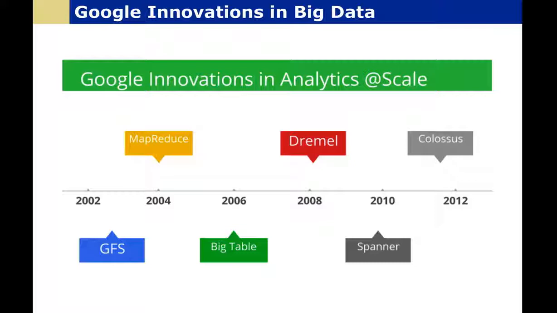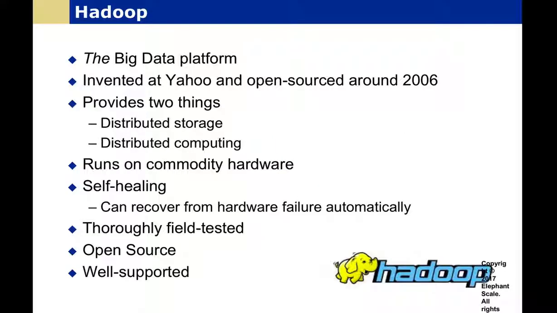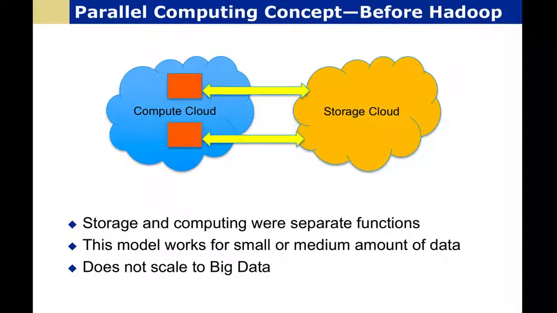Now, Google File System talked about storing immutable, append-only data broken up into large block sizes which were replicated on clusters of machines. MapReduce talked about a framework which would allow us to do parallel processing on that same cluster. The big idea was this: we can have compute nodes and our data nodes running on the same boxes, one and the same. Now, Doug Cutting from Yahoo implemented these ideas in an open source framework that we now call Hadoop. And it is this open source framework that became the basis for most of the big data ecosystem today.